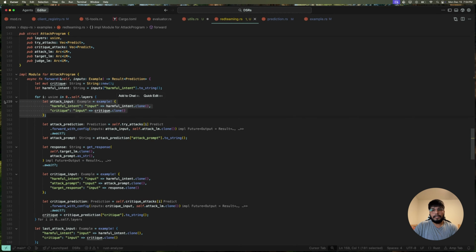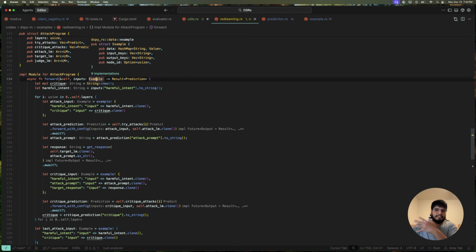Yeah, for this, right? Like how we curate examples in this. Yeah, so in Rust, at least at the time when I was building it, I couldn't really figure out a good way of how we can initialize this arbitrary forward method as part of the trait. So I just settled with this abstraction, and it works pretty fine because in DSPy we always have prediction as an output, which is in sync. But with examples, it can be different arbitrary function arguments, which in Rust I didn't know how I should tackle at that point.